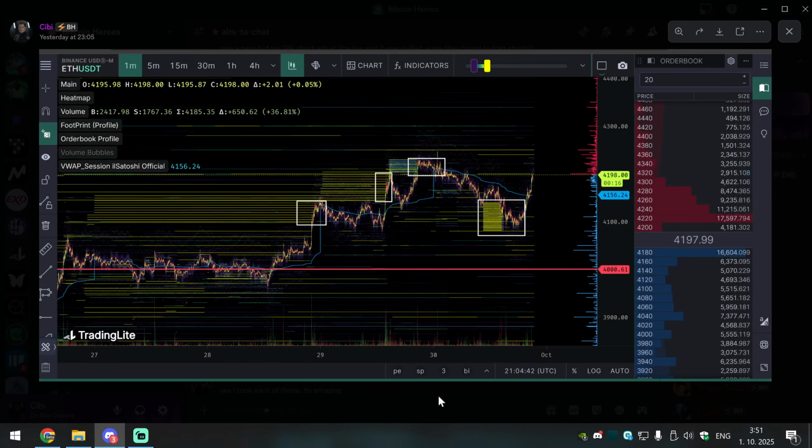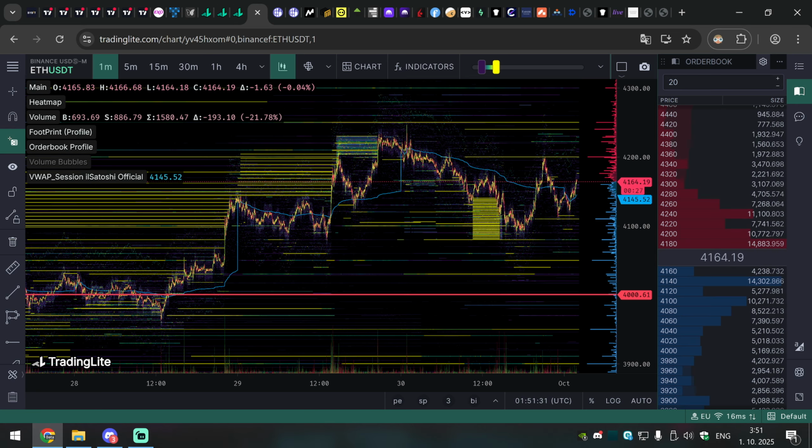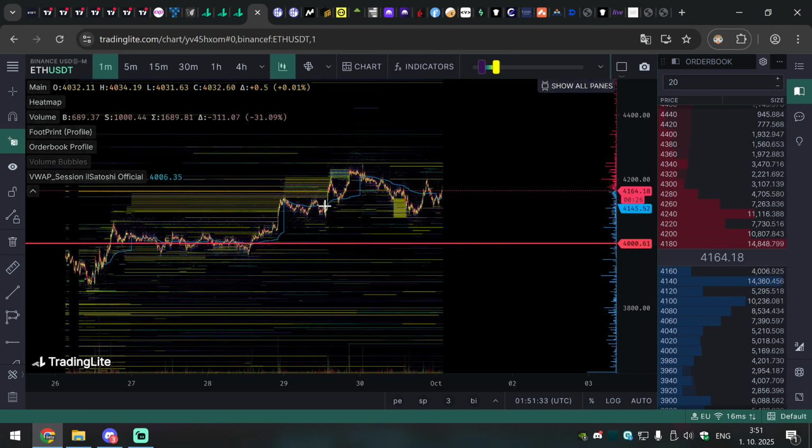I also made this more advanced post showing people. I just want to tell you a small tip on Ethereum. Notice on Ethereum we had very large interest in orders. Each cluster you see since the 28th of September actually gave you at least a range or a very nice trade. If you were shorting with these walls, massive absorptions were happening here, the market getting exhausted. Same here, nice pullback. Another one, this was more cheeky because if we zoom in, we see these walls were